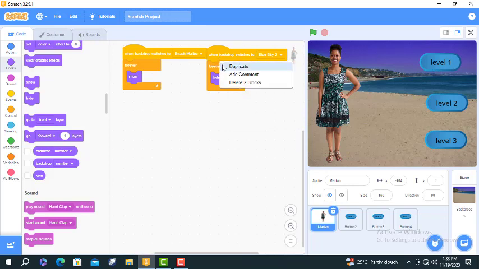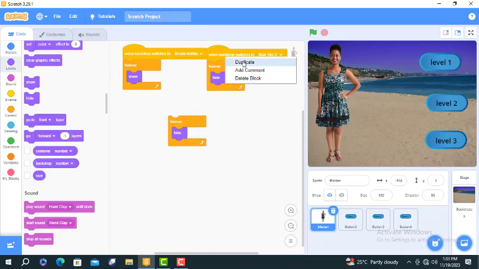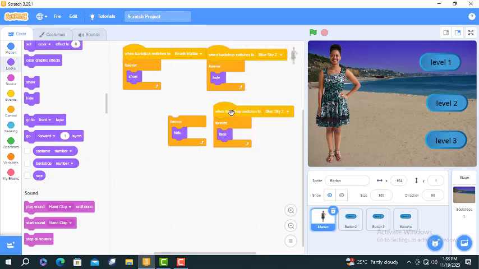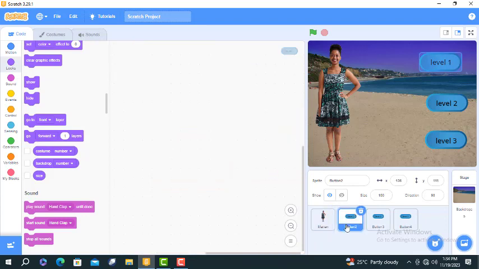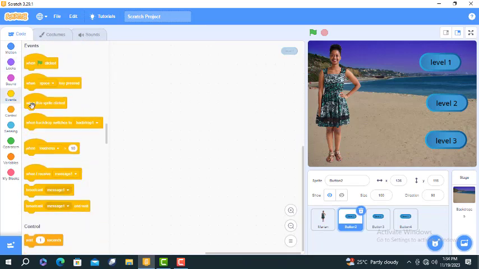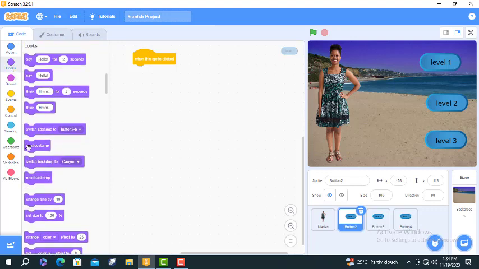So we're also going to duplicate this so that it performs the same function for the remaining 2 levels. So we're going to change this to boardwalk, and we're going to change this to canyon. Now we're going to come over to the level 1 button and be like, when this sprite is clicked, switch backdrop